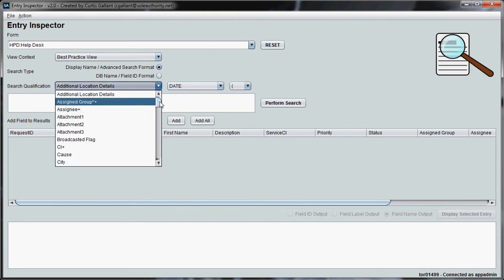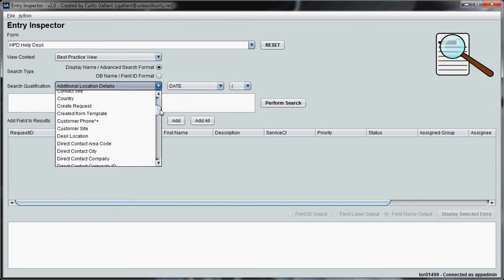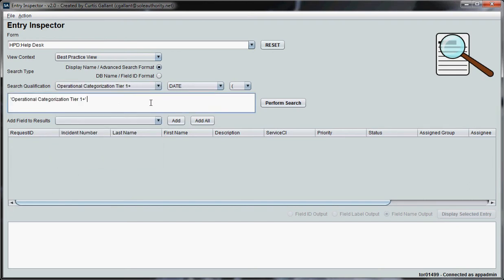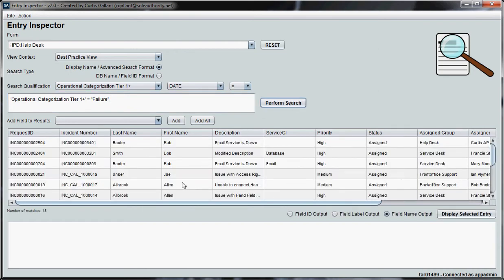So if I wanted to qualify just operational category equals failure as an example, I can pick that. I can use some of these other helpers as well if I want. Equals failure. Now if I just do a search, I get all of my incidents back that have failure as my